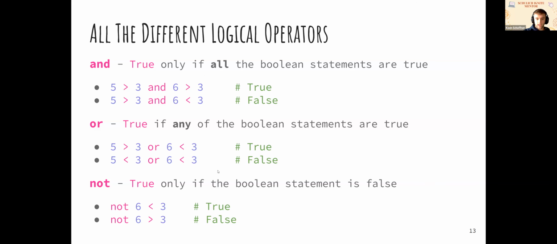There's one more logical operator, and that's not. Not basically takes the statement to the right of it, checks whether it's true or false, and then returns the opposite. So 6 less than 3, that statement in itself is false, but we're saying not that. So that actually prints out true if we were to put that in a print statement. Does that make sense? We'll use it a lot in this session, so don't worry if you don't understand it right away.